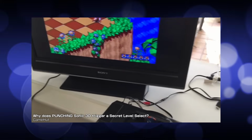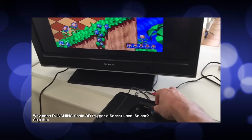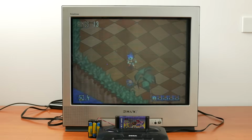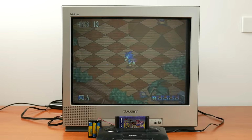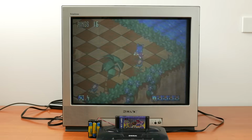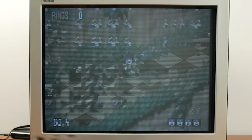This resulted in the unintentional feature where you can mess around with a cartridge and trigger a crash, which then triggers the level select screen. Knowing that the low batteries had kept triggering Sonic 1's error handling code, I wanted to see if we could trigger the level select in 3D Blast as well. Once again, as the batteries died, the graphics got glitchier and glitchier until suddenly...